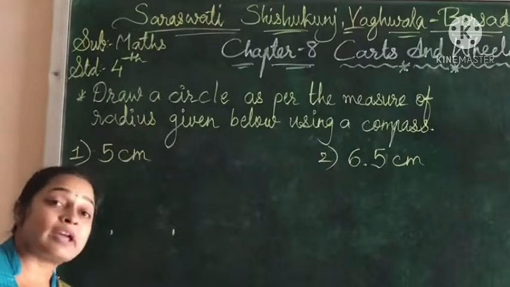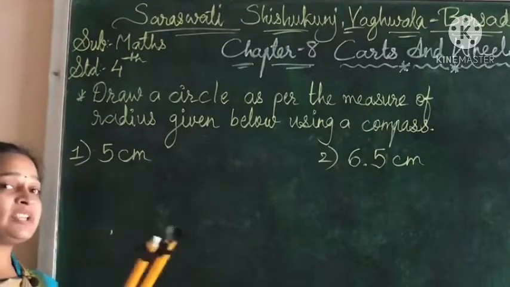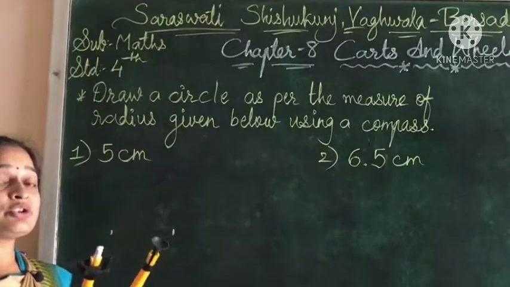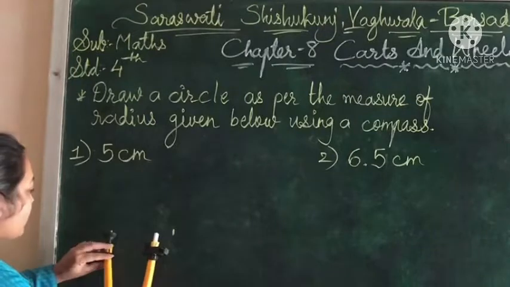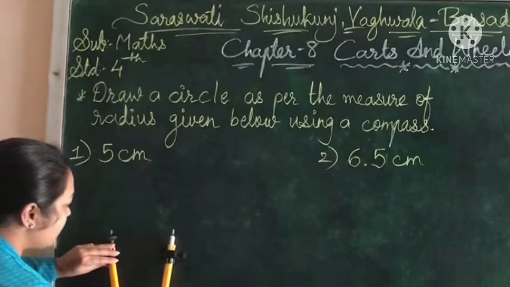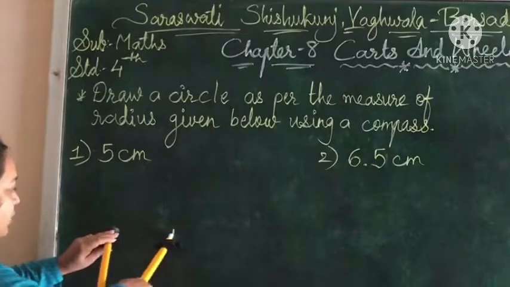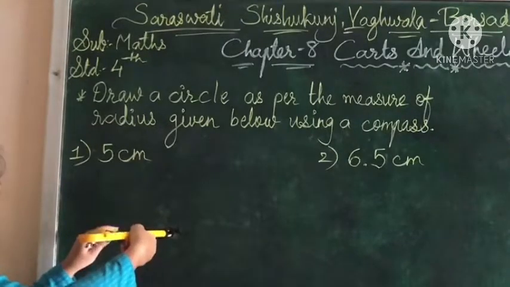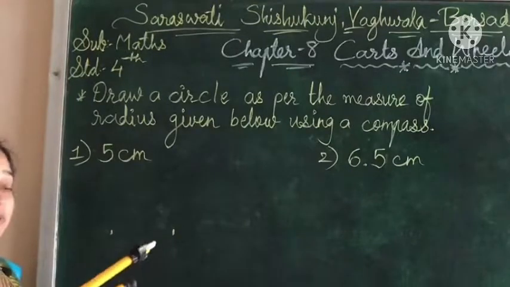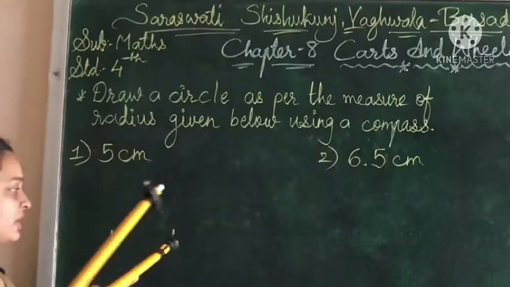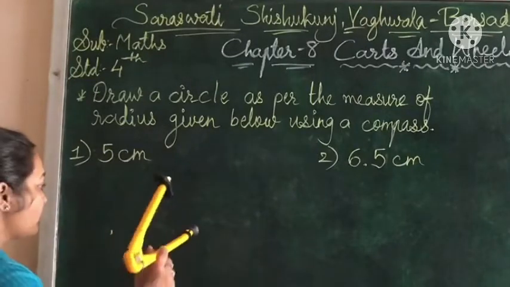So now you have to take the measure with the compass. You can see the compass I have. I am going to use this to draw on the board. The tip I will keep here and then the other chalk arm is here. So I will adjust it. You can see, right? It is exactly 5 centimeter now. So now we will keep this tip in the middle to fix it. You have a metal arm instead of this. Fine. So we will keep it here.